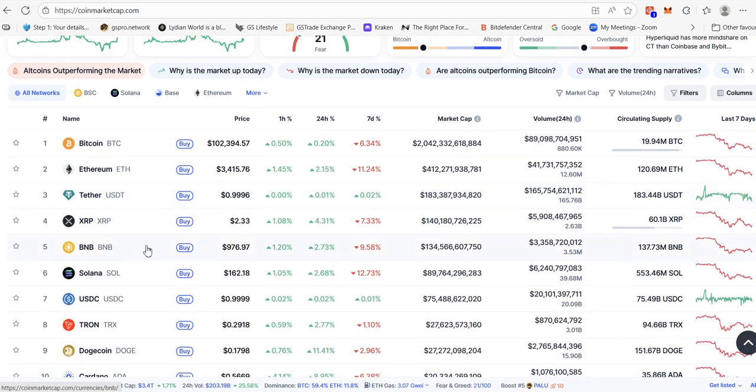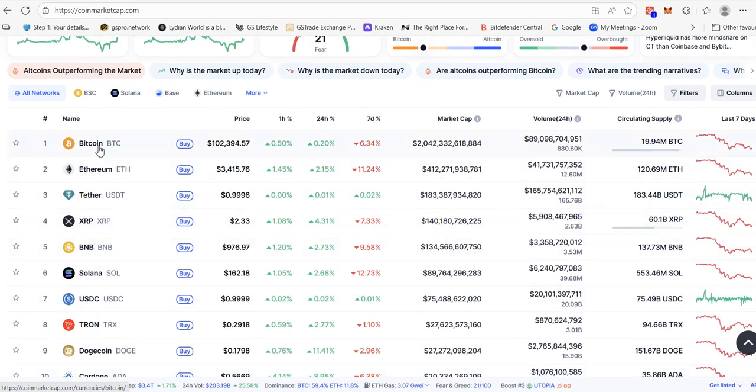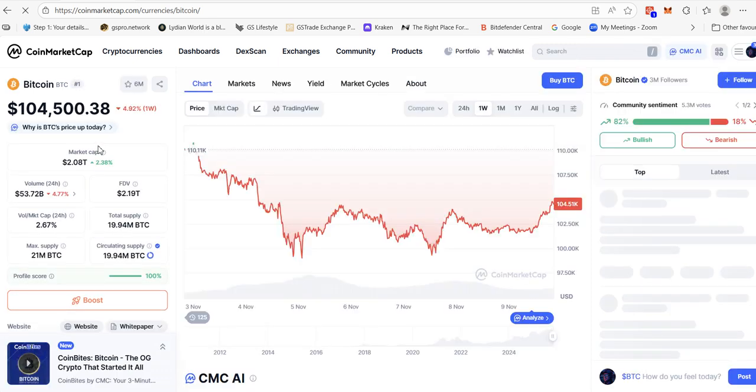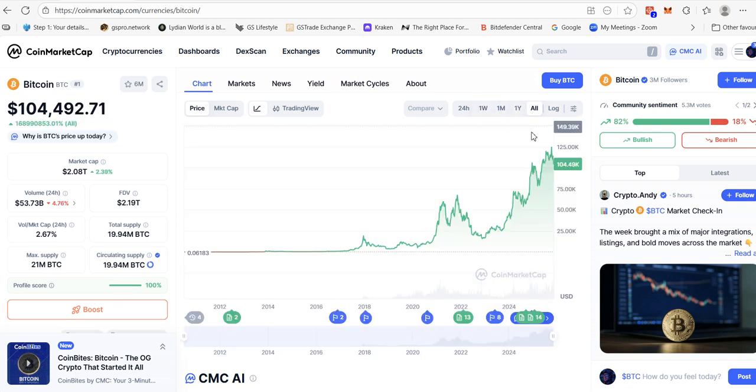You've got XRP, BNB, Solana. USDC is also a stable coin. It stays at $1. And you've got Tron. So have a look at the top 10 tokens, right? And if you're brand new, you could just click on Bitcoin, for example, and you can actually see the all-time chart. So you can scroll up here and you can see all at the top here. You click all, and you can actually go back 5 years. You can go back to 2020, and you can see what the price of one Bitcoin was in 2020. So we're looking at around about 2020, if I can get to the same date, $10,000 for one Bitcoin